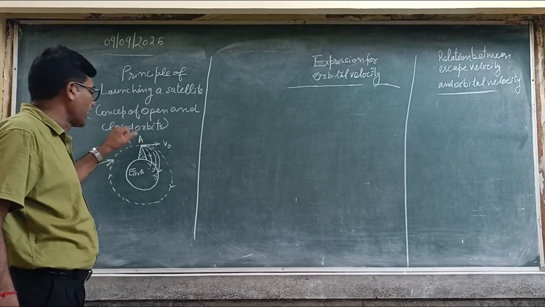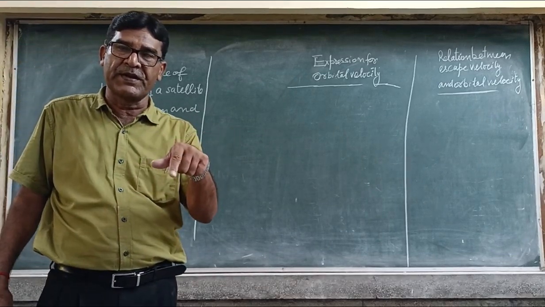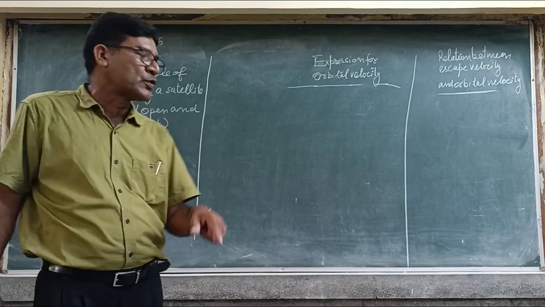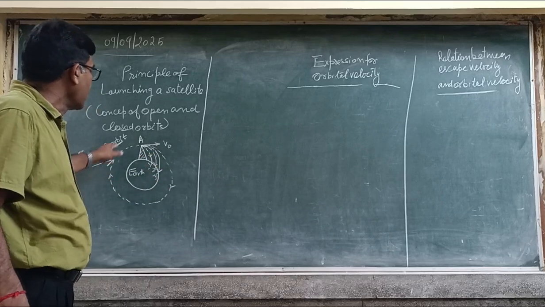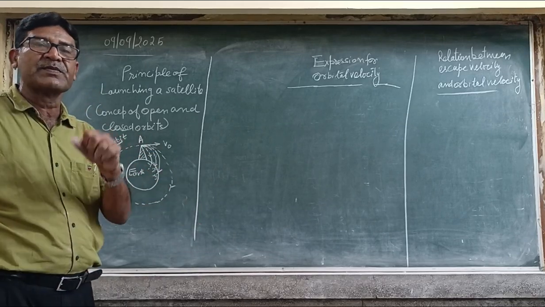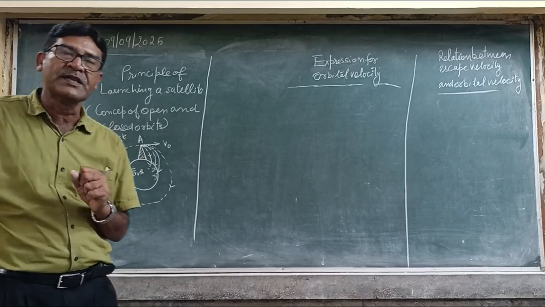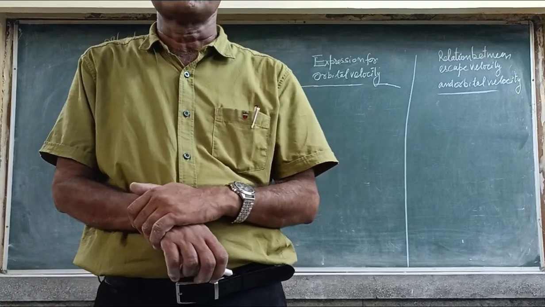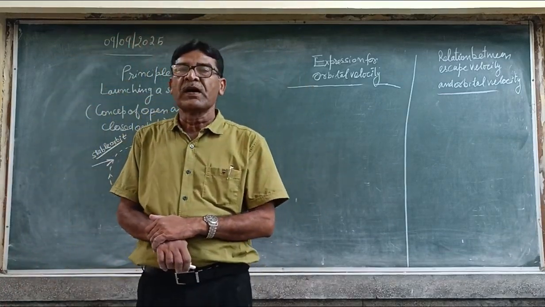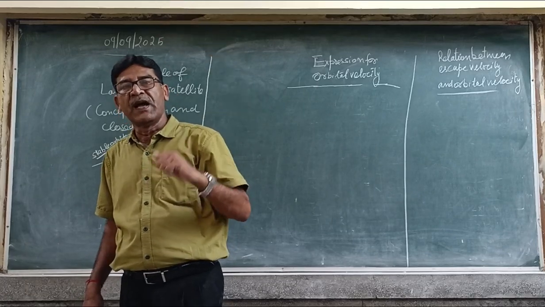In closed orbits, the satellite will come to the same point. It will repeat the motion. So this is circular motion, and for a circular motion, it is necessary that there be some centripetal force. So first we must know there are two conditions for launching a satellite. First, it must be given some escape velocity so that it goes above the surface of the earth,